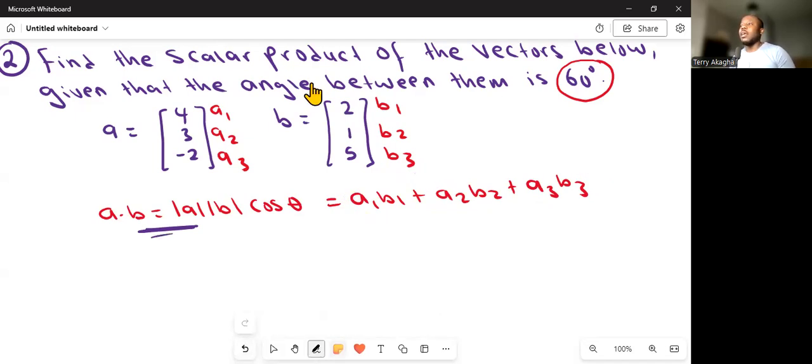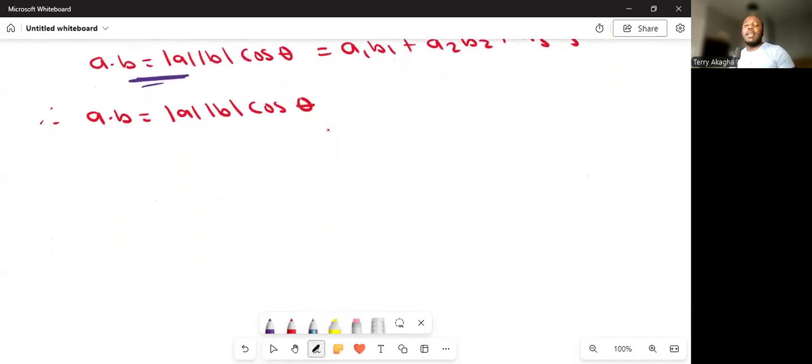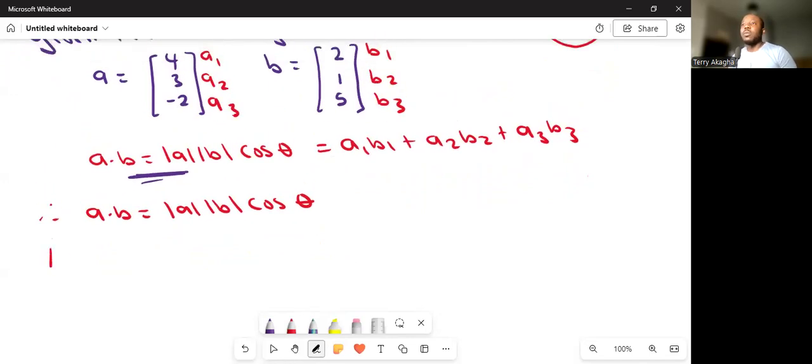So therefore, we have to find the magnitude of A first. That means we're going to use this formula: A dot B is equal to the magnitude of A, the magnitude of B cos theta. All right? So now let's find the magnitude of A. I've discussed this earlier, okay? To find the magnitude of A, the magnitude of A is going to be equal to the square root of 4 squared plus 3 squared plus minus 2 squared. And when you press your calculator for that, it's going to give you the square root of